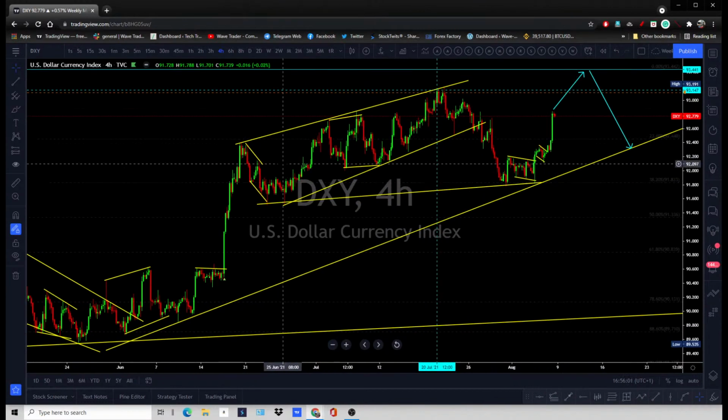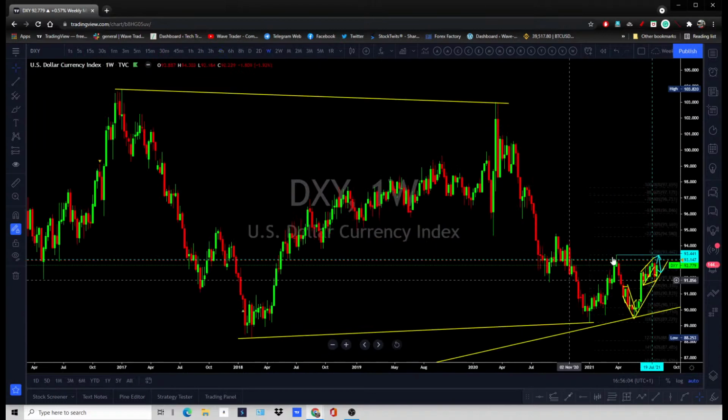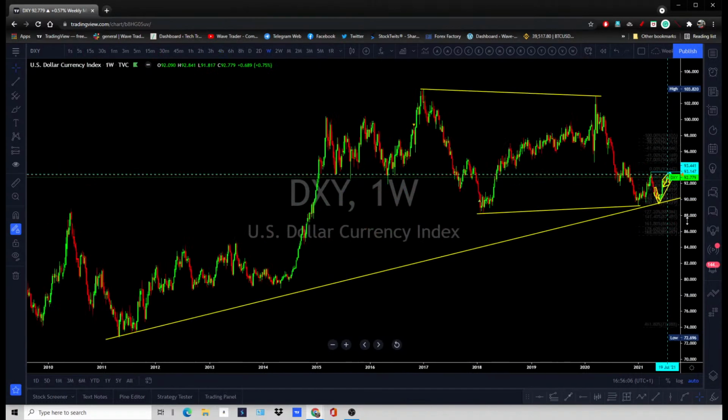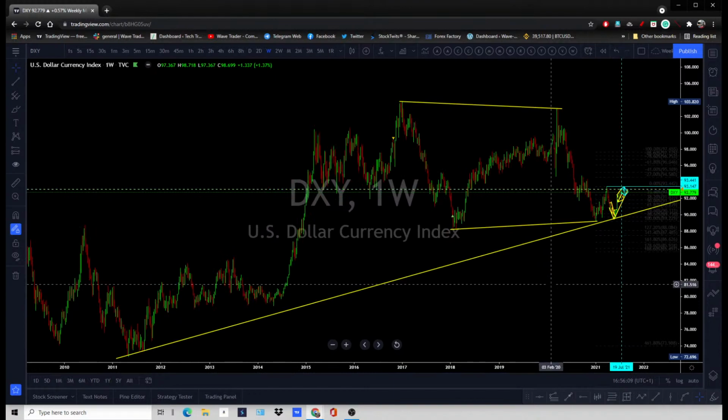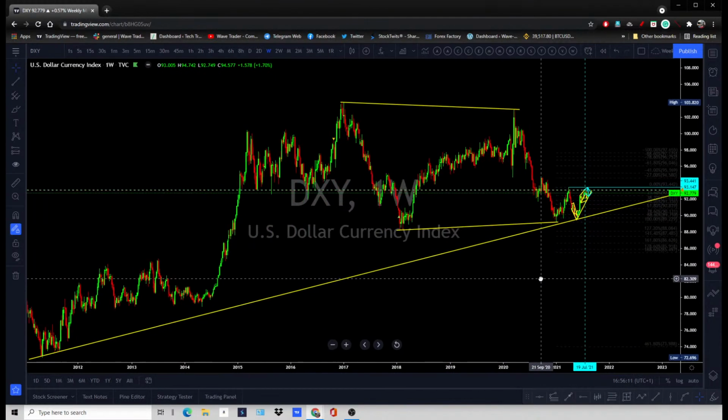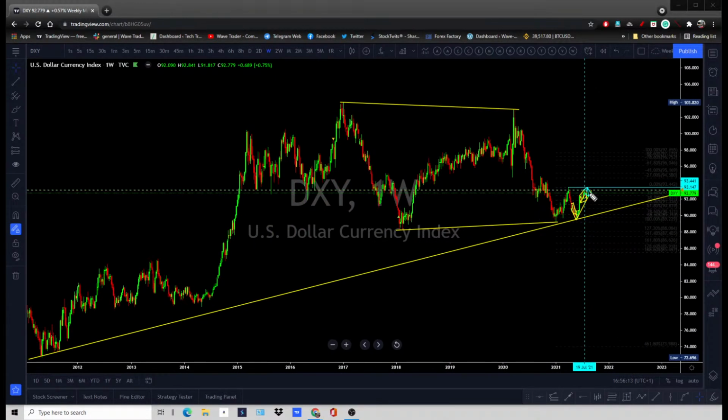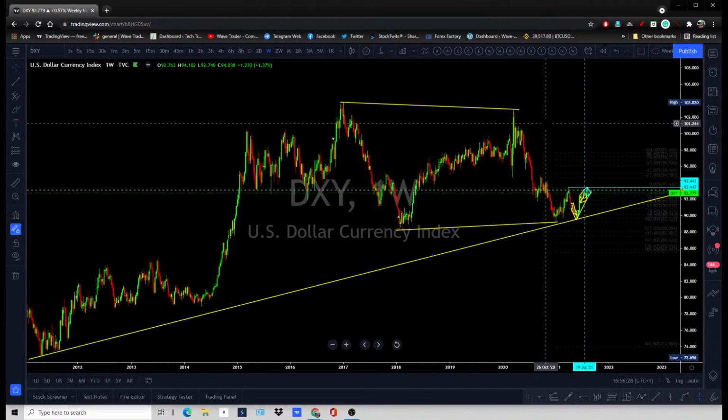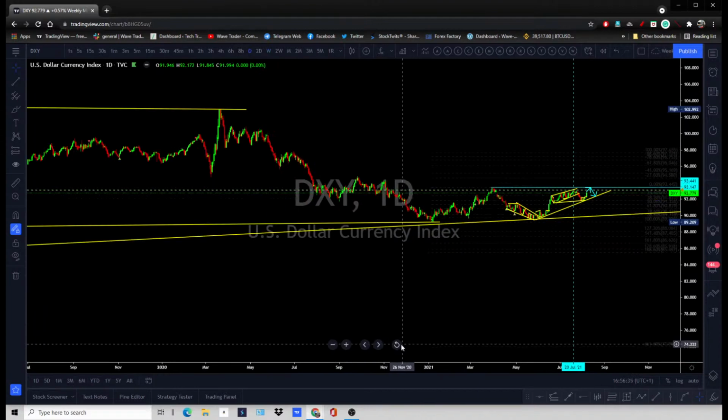So first of all, dollar index. As we know, the dollar index is setting up for a longer term reversal, and we are looking for the dollar index to stay up, stay bullish for longer term. Also, we are having some signs from the Fed officials who said in the last couple of weeks that they are planning to wind up their QE program at the end of this year, which is a good sign for the dollar.